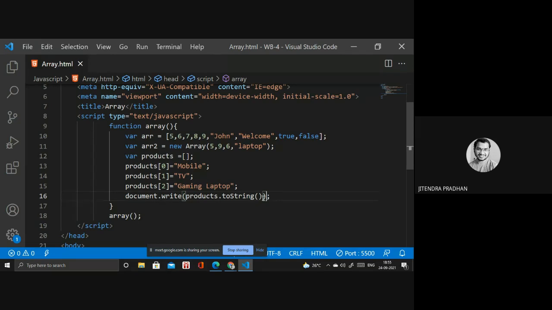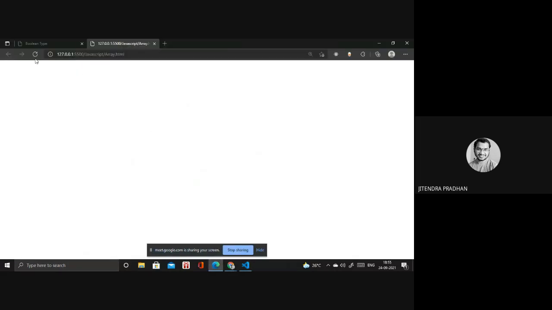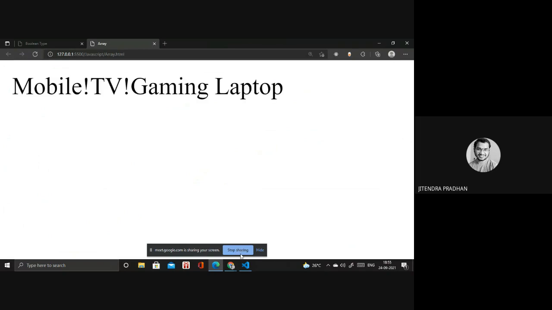If you want to join something in between mobile, TV, gaming, laptop, if you want to add content or a special character, then you have to use join. Inside join you have to write the particular character, and print. Yes, it's printed.